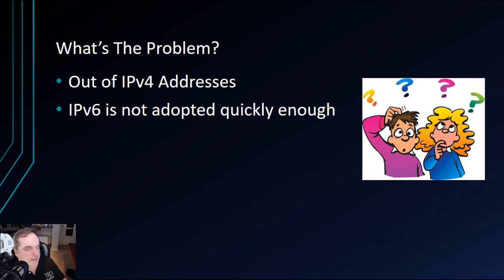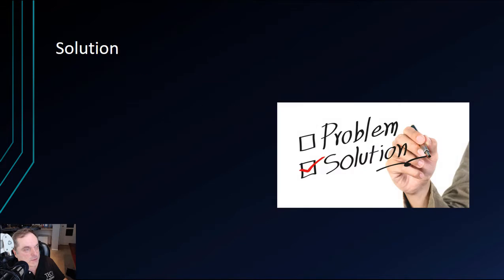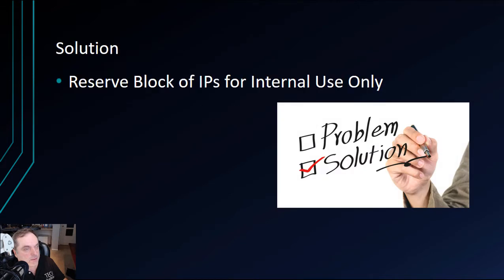However, now that is absolutely changing since we've handed out all the public IPv4 addresses. But we would have handed them out a whole lot sooner had it not been for this solution that scientists came up with. So the solution was to choose a reserved block of IP addresses for internal use only. And by doing that, it allowed a lot of businesses and homes to use IP addresses over and over. You could use the same ones.